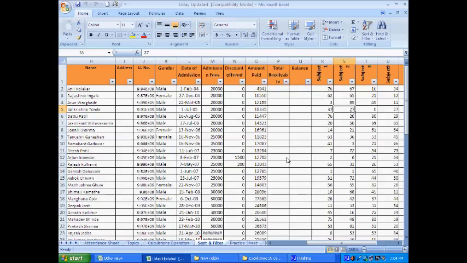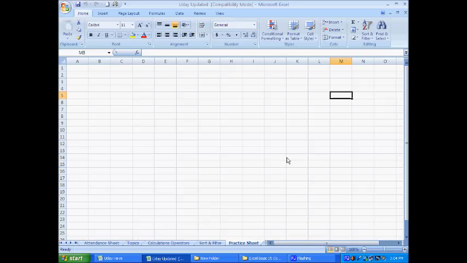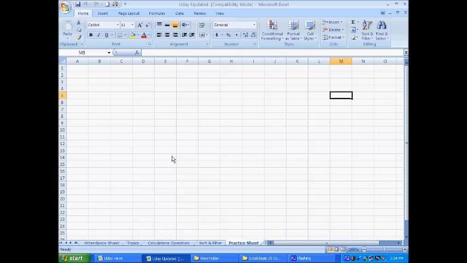So use Control Page Up and Control Page Down when you want to go through the various worksheets in the same workbook. Now return to the practice sheet. Press Control Home. It has returned to cell A1.